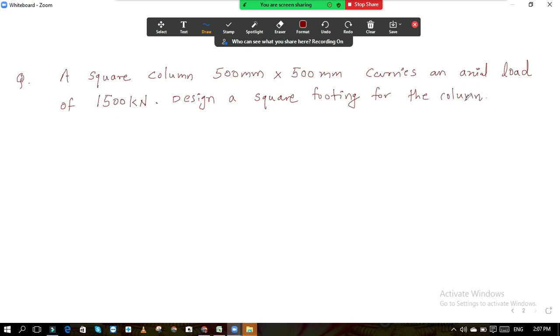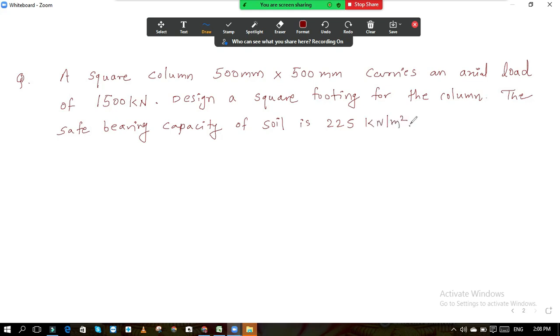The safe bearing capacity of soil is 225